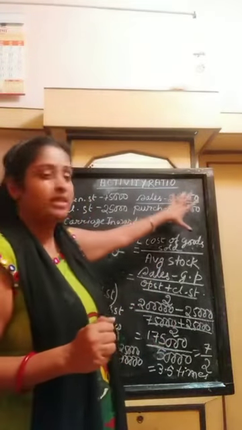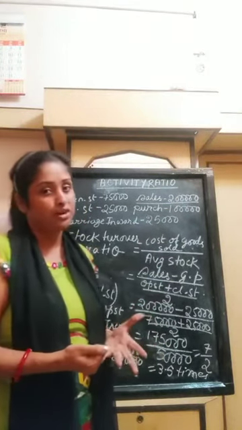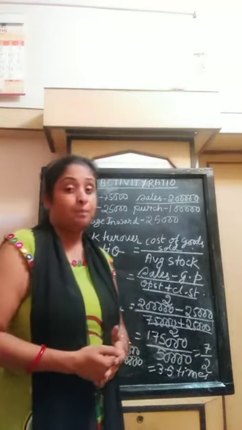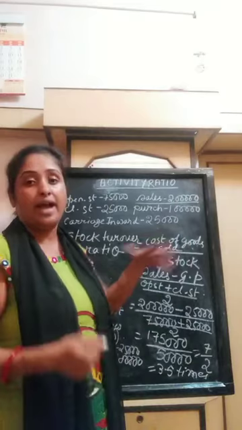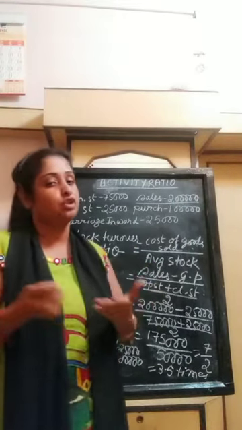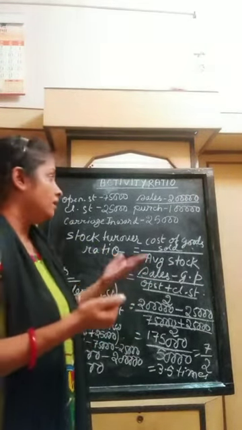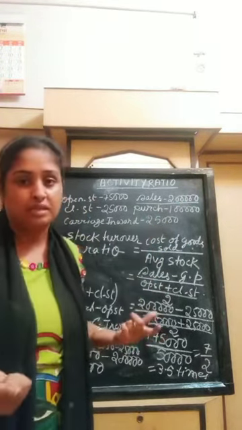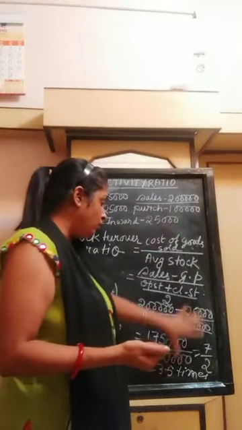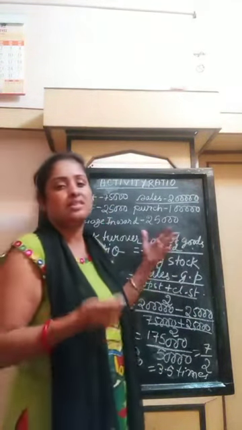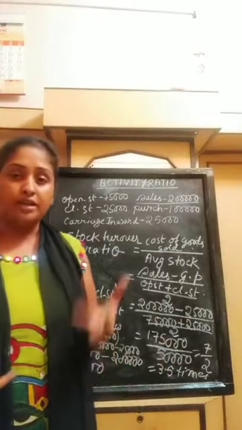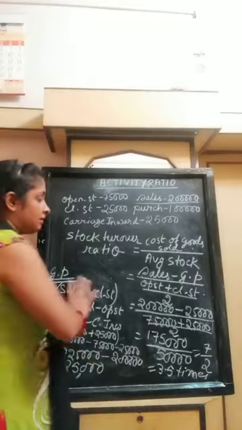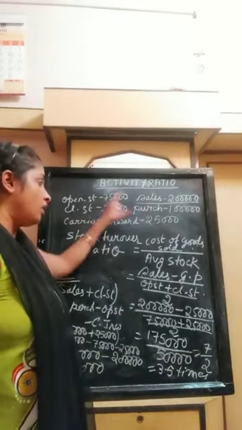If trading account items are provided, definitely prepare a trading account in rough work, find out the gross profit, and then solve the sum the way I have done. But if the trading account is not provided and it is given directly that GP is 25% on sales, then you multiply that 25% with the sales amount and find the GP. That is very easy. And if cost of goods sold or any other item is directly given, no problem, you can solve the sums. But generally the toughest problems can come in this way.